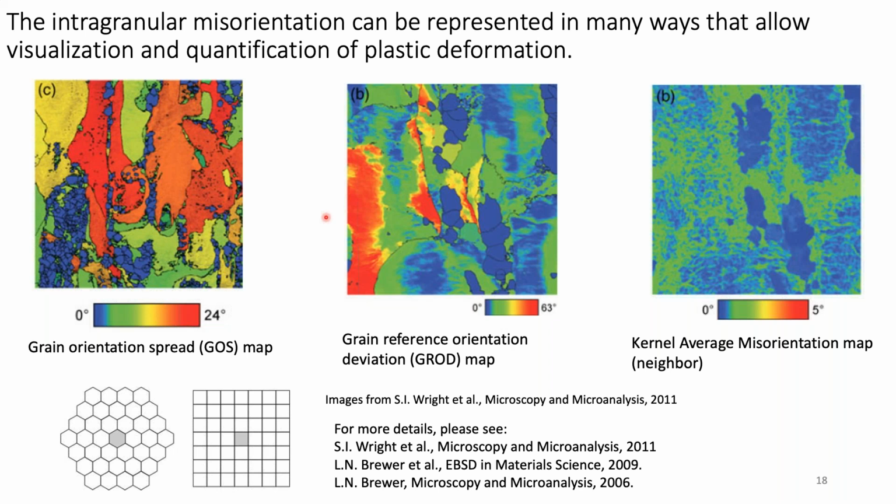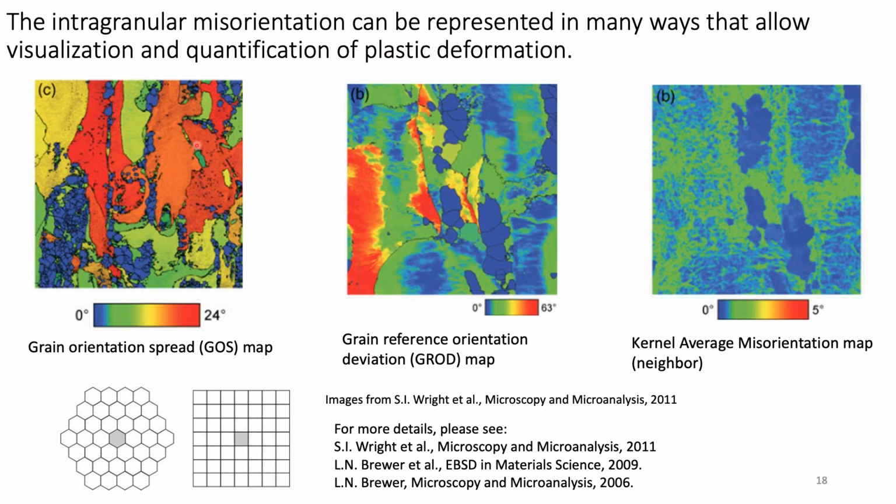If you really want to read more about these things, Stuart Wright wrote a great review article with Matt Nowell and David Field in 2011. I wrote a book chapter with David Field and Christopher Merriman in 2009, and I wrote a paper about some of these algorithms in 2006. But here's some work on partially recrystallized steel by Stuart and his colleagues from this M&M article in 2011. And what I want to point out is I think about visualizing and quantifying plastic deformation in